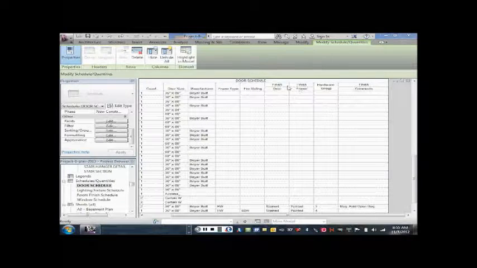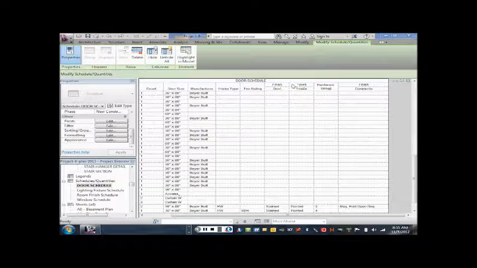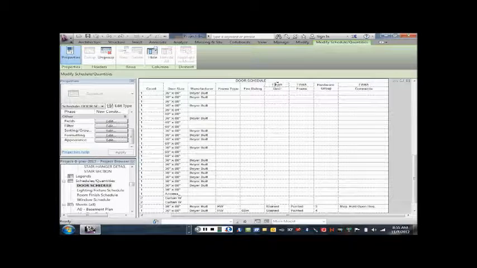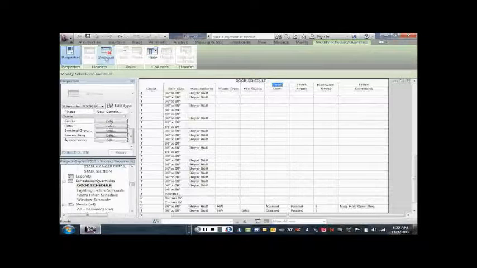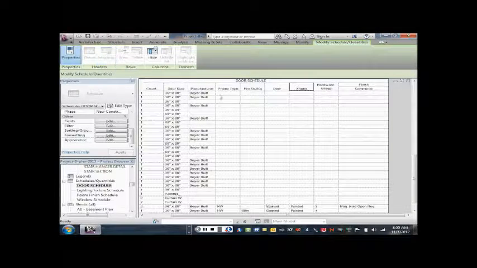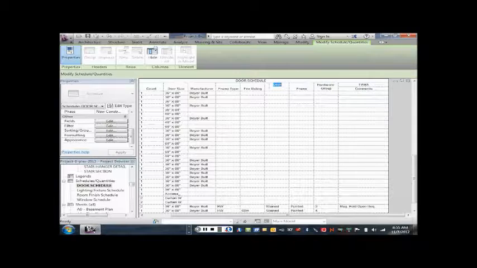So I want to have the word finish up here and then as part of this and not under door and frame both. So if I click on this and ungroup that, and I click on this one and ungroup that, now if I